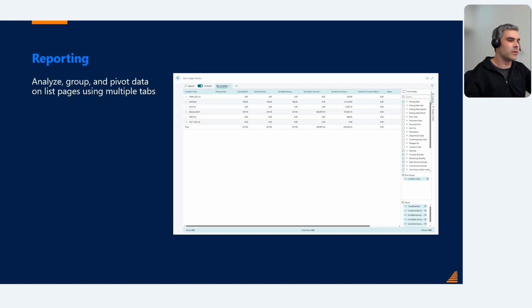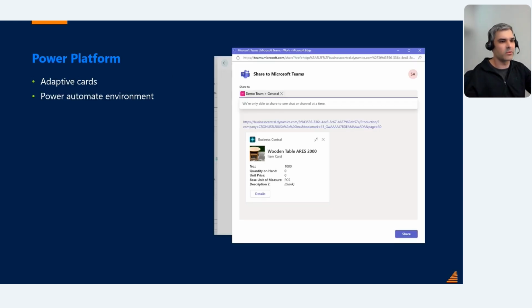Also, it has a slight UI issue. I cannot call it a bug, but it's been enabled on every list page. So basically, this analyze feature is not very user friendly in most scenarios. Those are the two main constraints Microsoft is working on, to release it somewhere in September. When they are ready to work with more than 100,000 lines, and they fix this UI issue, which I would call minor,